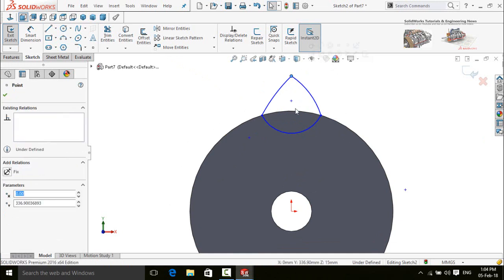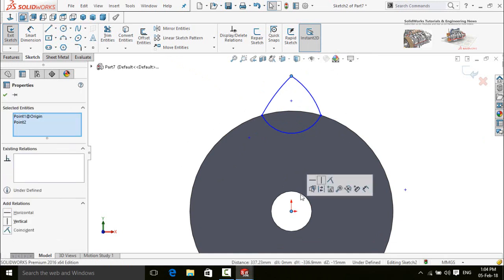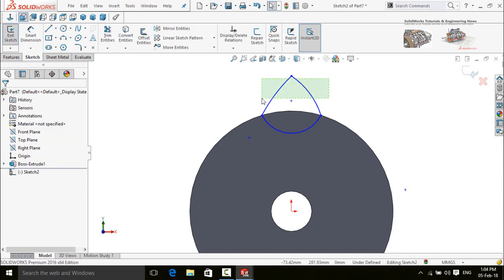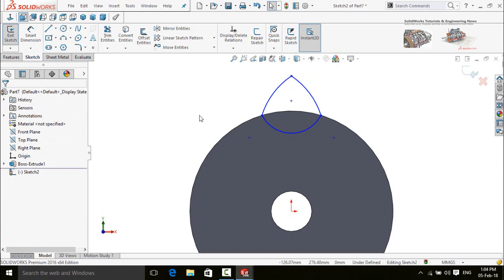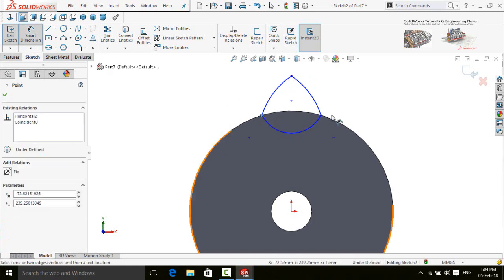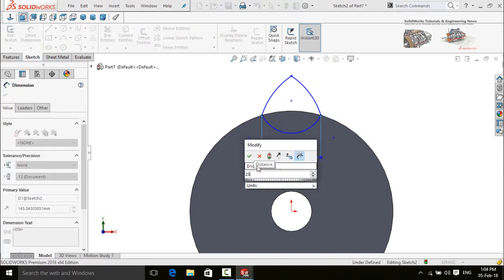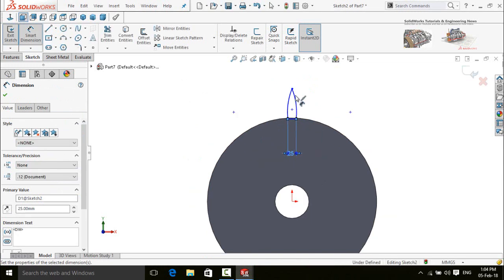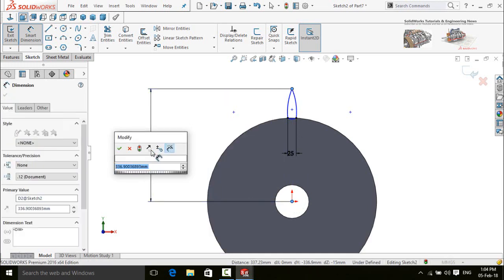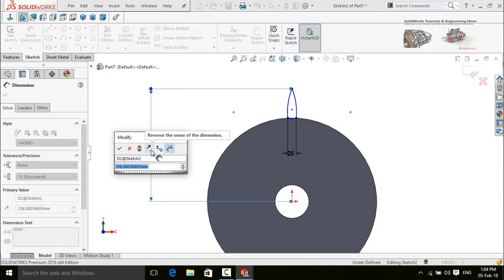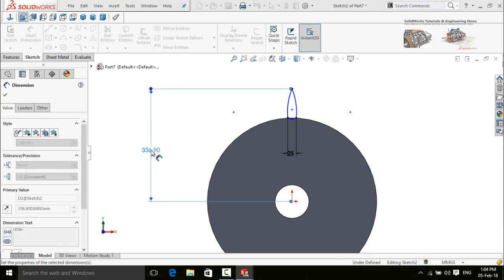Now select this point and then the origin and make it vertical. Now select both of these arcs and make their relation equal. Now define it. This distance is 25 millimeter and the distance from this point to the origin is 270 millimeter.